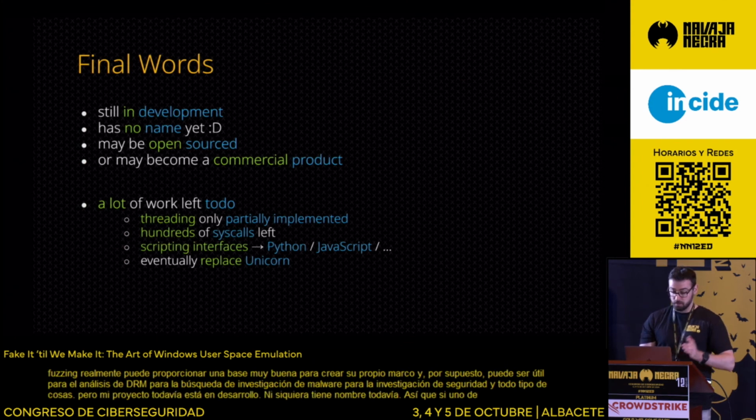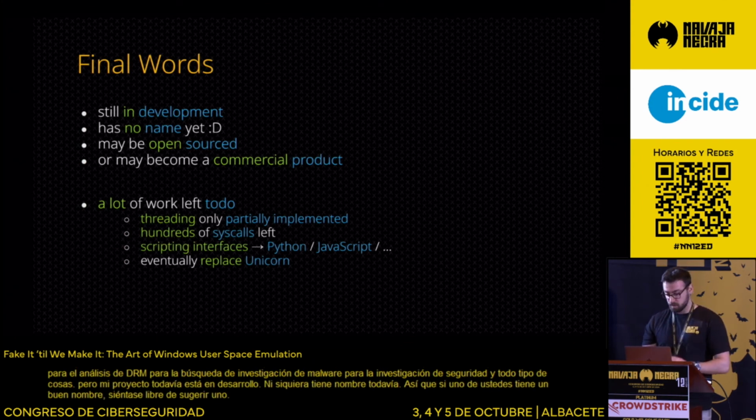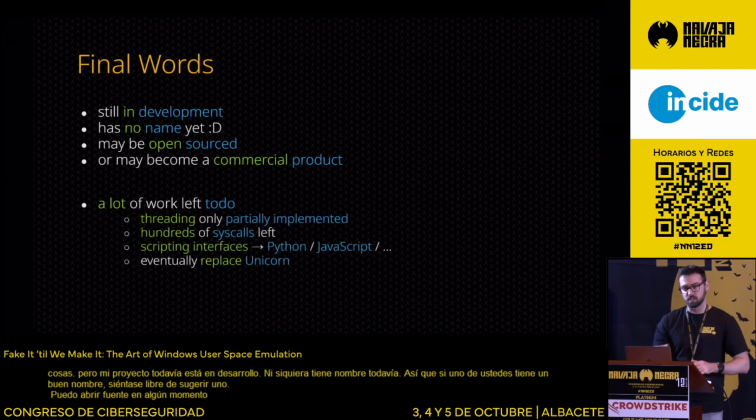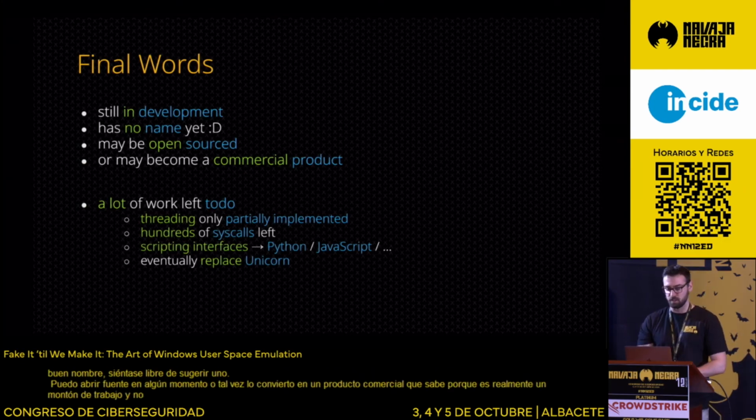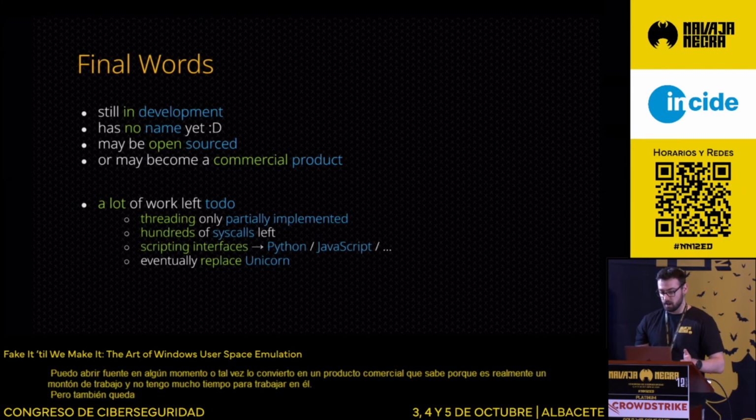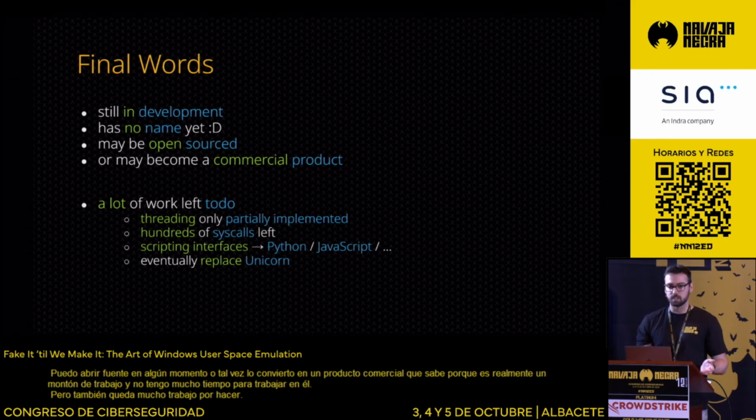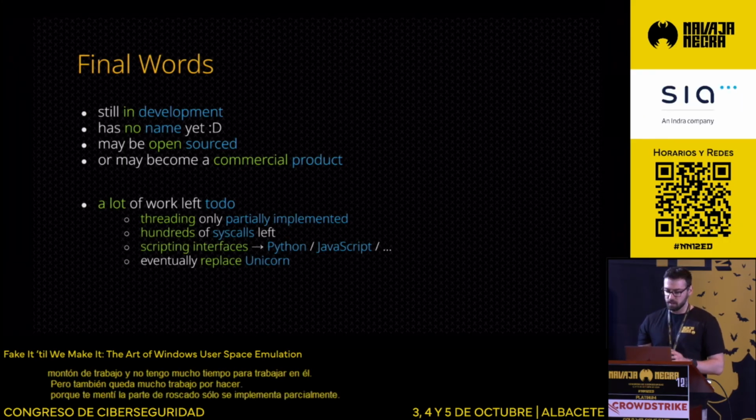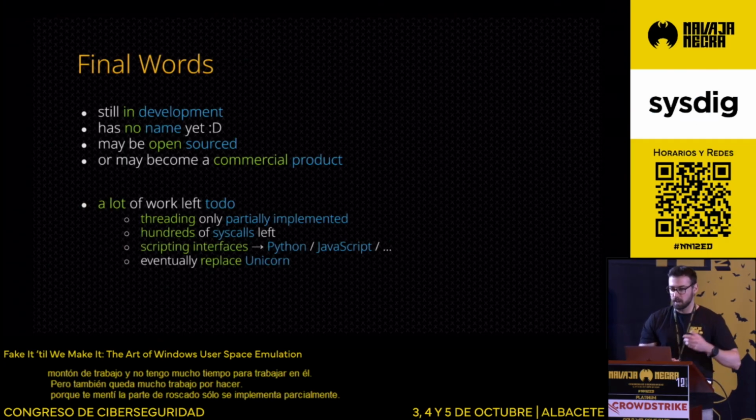But there is also, of course, a lot of work left to do, because I lied to you, the threading part is only partially implemented, it's not fully done yet. And there are, of course, hundreds, if not thousands, of Syscalls left to implement. I have not done any of the UI-related stuff. And I would love to add some kind of scripting interface so you can still use Python and maybe also JavaScript with Node.js or so to create your scripting or your framework environment using those scripting languages and the benefits